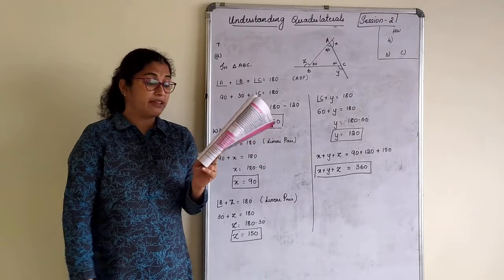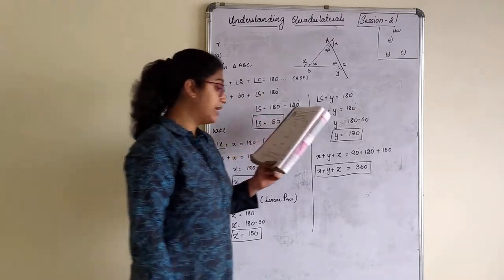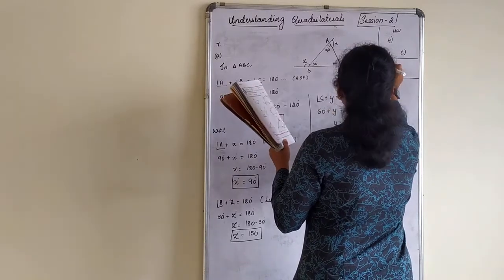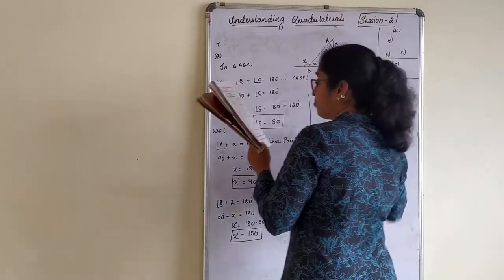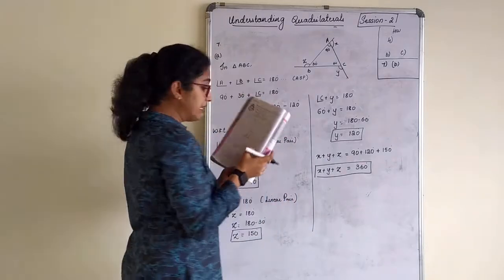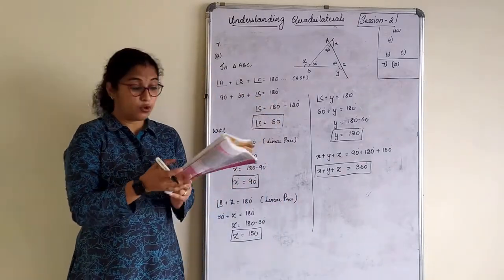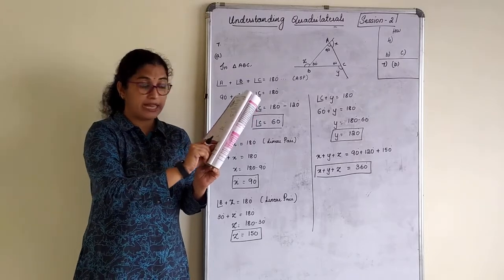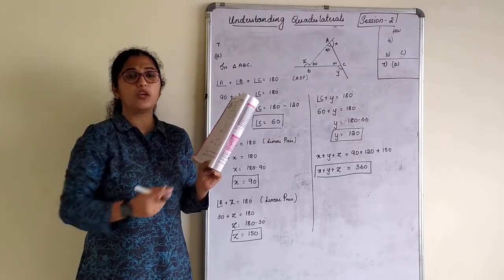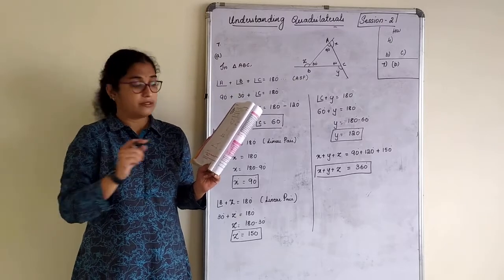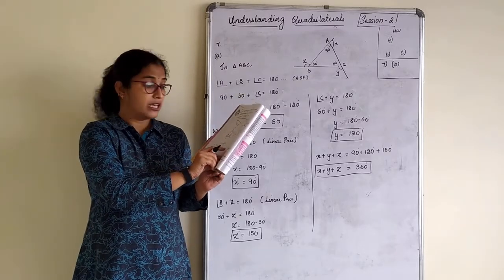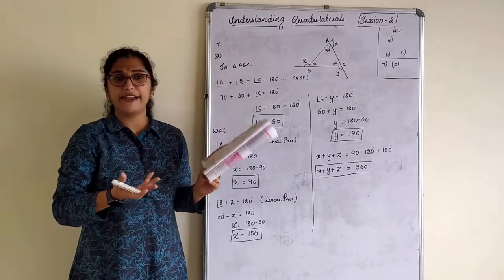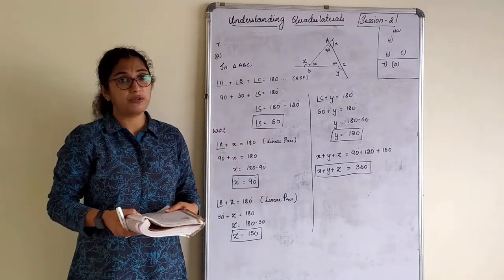Now I will give the B part as homework to you, and I'll tell you also how to solve it. So 7th main B part is homework. In a quadrilateral, 3 angles are given. How do you find the 4th angle? Angle 60 plus 80 plus 120 plus angle ABCD, you can mark, is equal to 360. Angle sum property. Find that angle. Okay. After you find that angle, take linear pair for all the 4 parts and find it in a similar way.